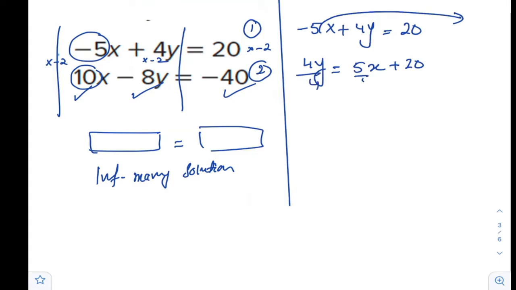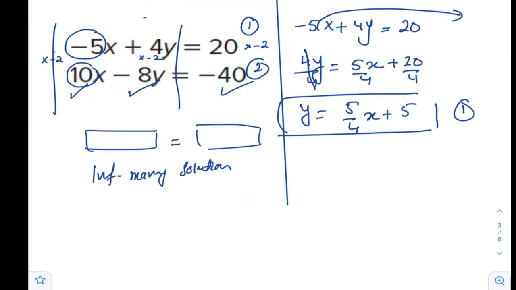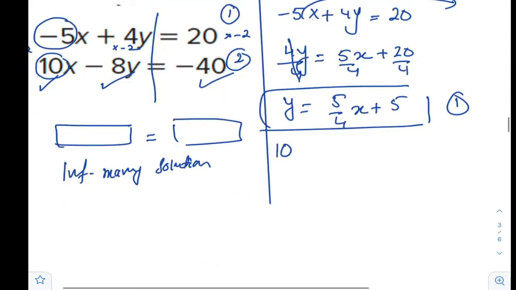And you will divide by 4 to get y alone. So we will end up with slope-intercept form. This is given by equation 1. Now let's use equation 2. Equation 2 was 10x minus 8 times y. So I'll take the expression of y here